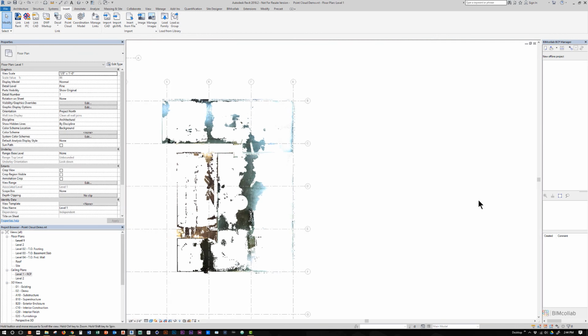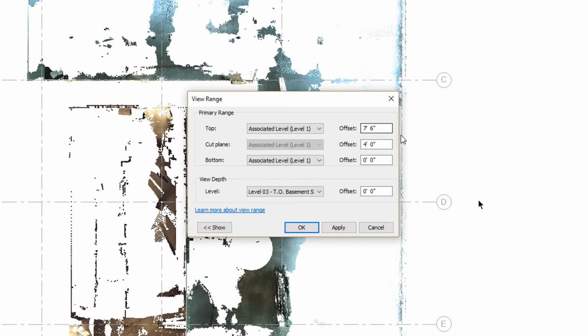The first thing that I'm going to do here, if I remember correctly, because I did this last month, is go into your view range. You can actually affect the cutting plane and the depth of your view so that you're not looking at that entire point cloud, but rather a narrow slice of it. Now, just by moving that cutting plane, or that bottom, up 6 inches,